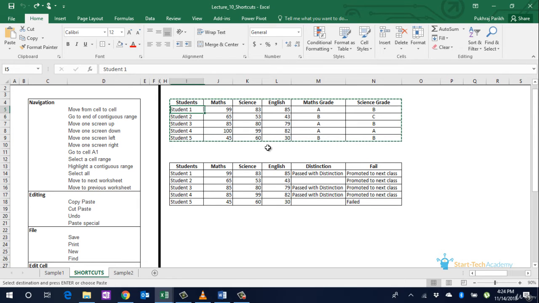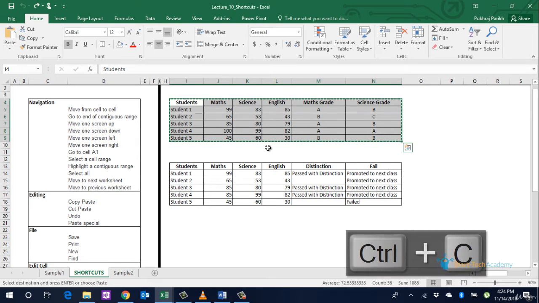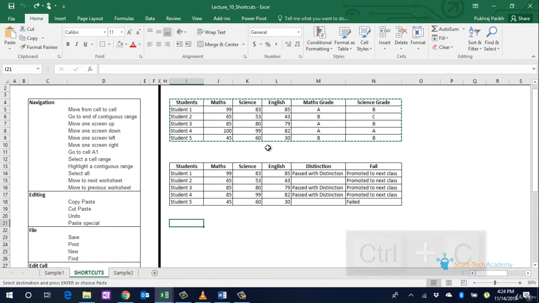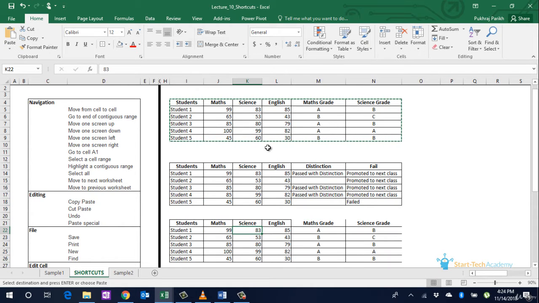To copy this table and paste it somewhere else, you again select this whole table, do Control C, the table is copied, and you can paste it anywhere you want. Please note, while pasting, the formulas remain intact. So in the first table, if it was J5 greater than or equal to 75, in this table it will be J22.